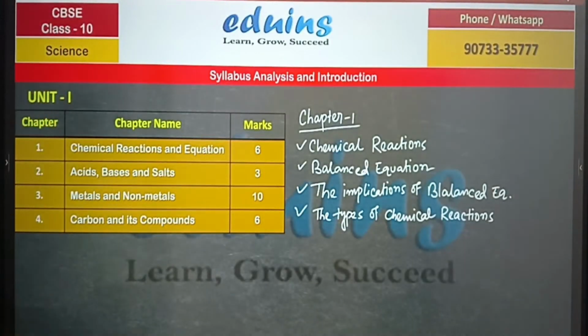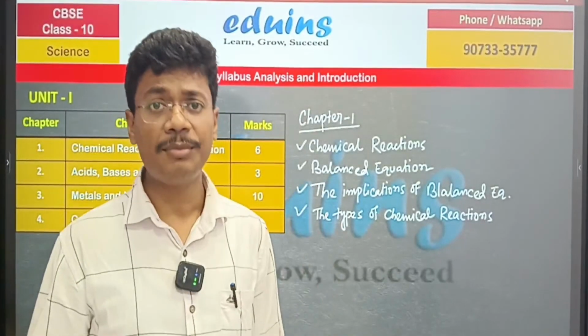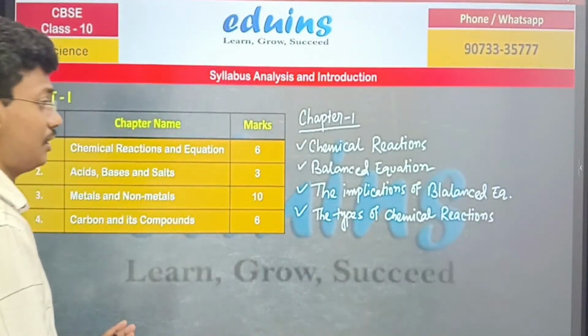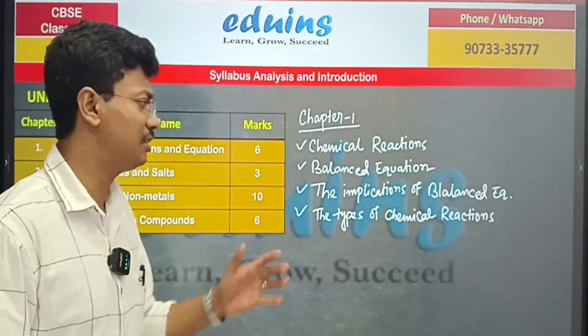Okay, several types of chemical reactions are there, like oxidation, reduction, then exothermic reaction, endothermic reaction. Okay, combustion, displacement reaction. So many reactions are there. We have to